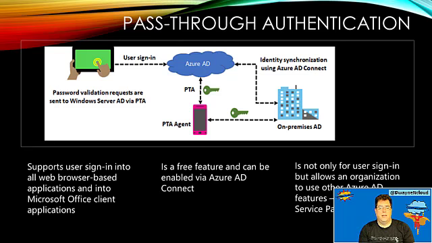Pass-through authentication, as I said, the on-premises Active Directory is the single source of truth for identity. And what it does then is the user signs in, they are verified by the on-premises Active Directory, and then it pushes that approval up to Azure AD and says, okay, this person's approved, they can get to their Microsoft 365 resources. So a little bit different there,